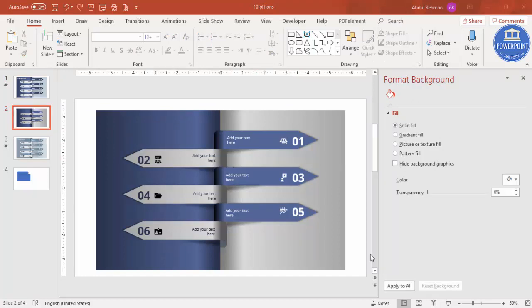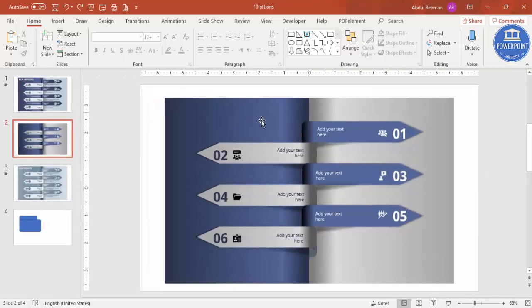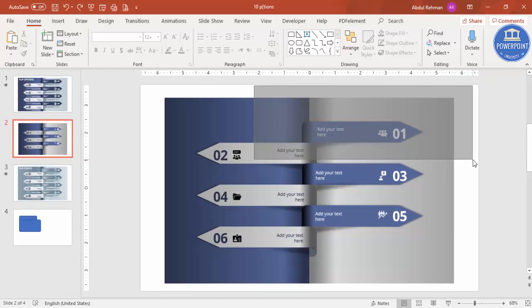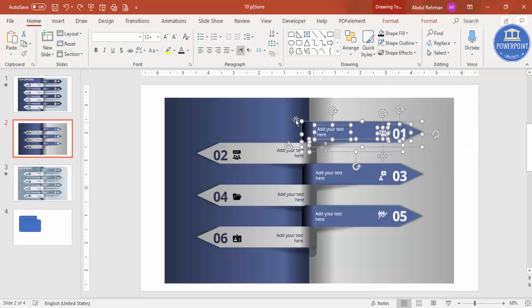Now we have completed the design. I'm going to add the animation. Let me just close this, and I'm going to highlight something like this. You can see here, just drag the mouse holding the left mouse button, and I'm going to select the first option, except the shadow effect. You can see here, this is the shadow effect. Hold the Shift key and click this one so that the shadow effect will not be copied, and press Ctrl